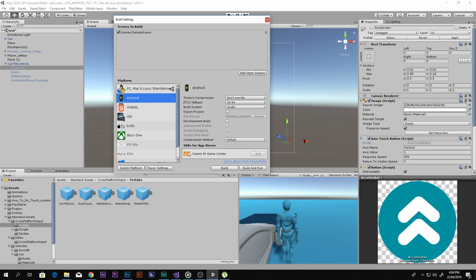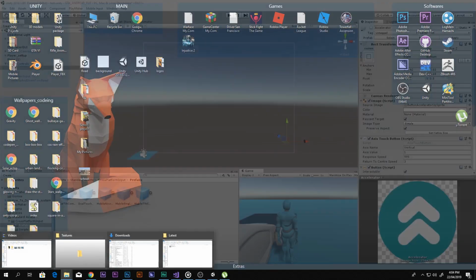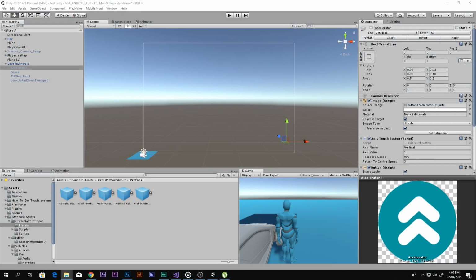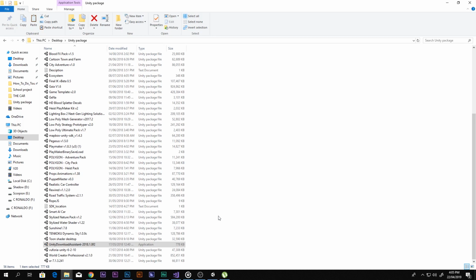If you don't see it, there's an option over here to download the mobile input, and also, let me just see, wait a second, I'm gonna go ahead and search something just now for you guys, and here we go. So you may have this Unity download assistant, because I'm using that. You have to download that in order to download Unity, so you can double click that and it will ask you permission, so yes, and then